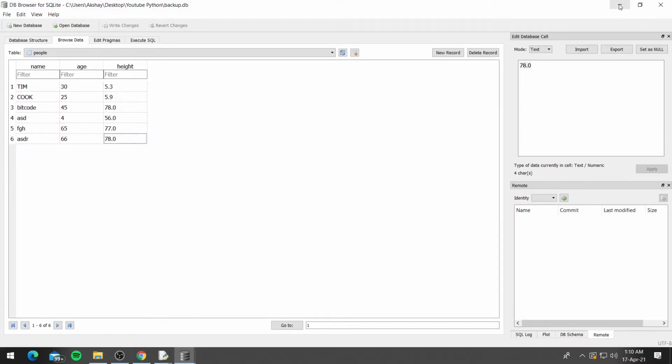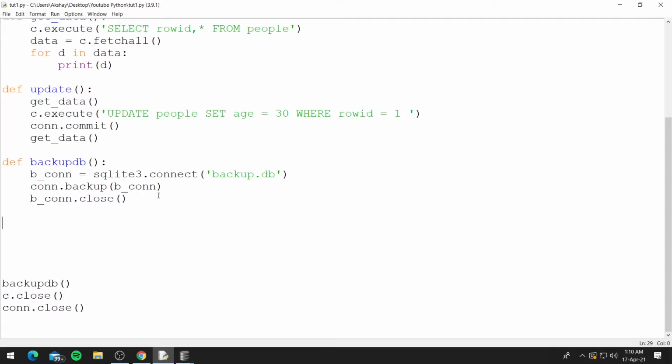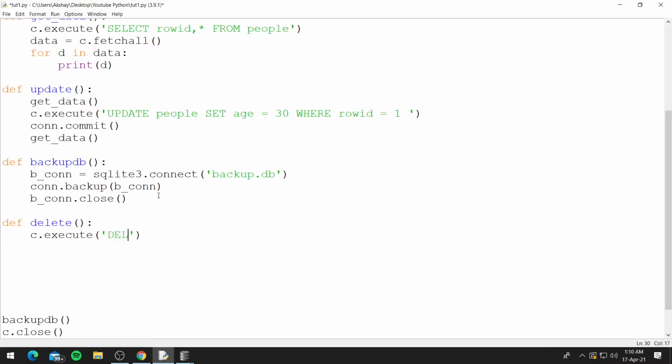Now let's look at the delete command, and to delete we'll also create another function. So let's say def delete, and the SQL query to delete a row is DELETE FROM and then the table name, so people, and then we can use the WHERE condition.